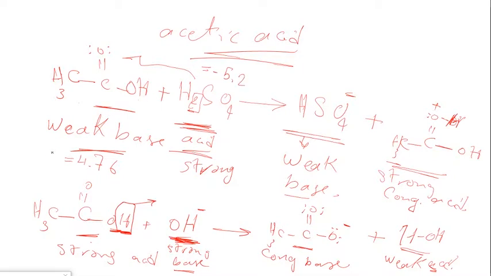This is what defines whether acetic acid is going to act as a base or as an acid. So if a substance reacting with acetic acid has a pKa below the pKa of acetic acid, which is 4.7, like sulfuric acid, whose pKa is minus 5.2 because it's a strong acid,